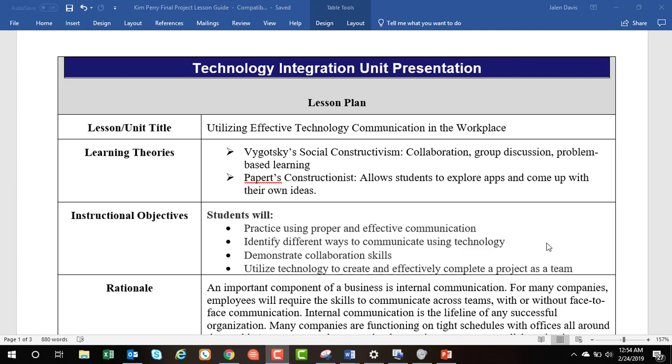Here I'm going to walk you guys through the lesson plan that I've created, the learning theories that we're going to use, and then the actual presentation so that you guys have an idea of how this will play out in real life. As I've said a few times, I'm in HR, so I actually designed this project as